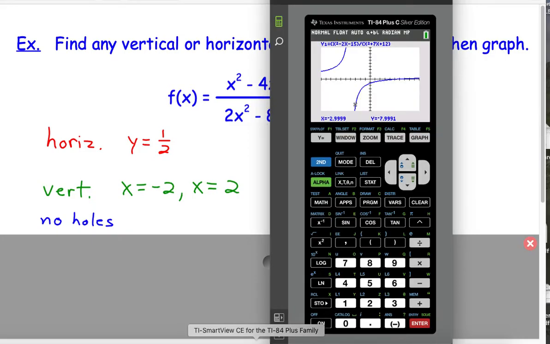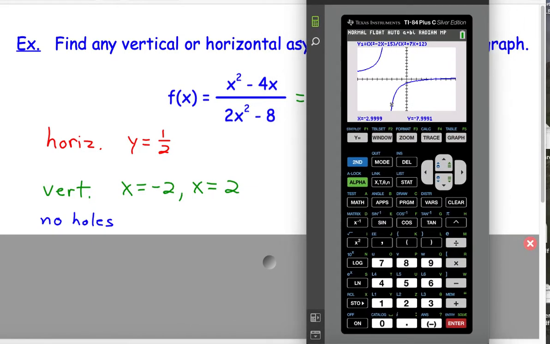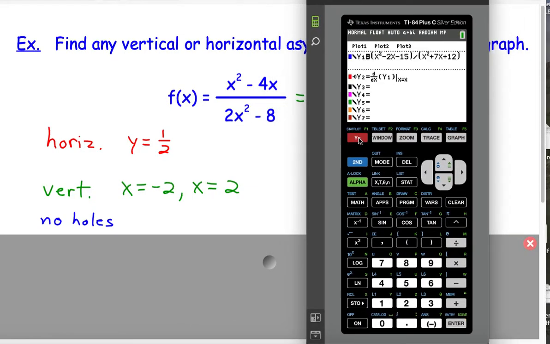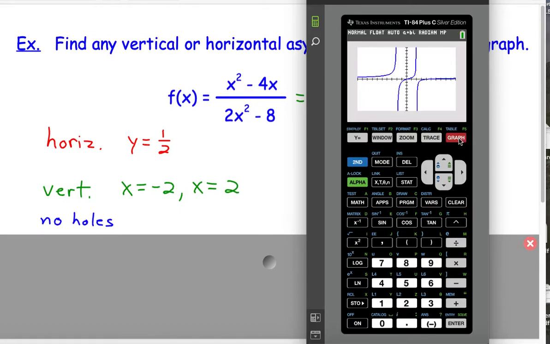So let's just call this up on the calculator and graph it. Although we could do a crude sketch by hand if we really needed to. x squared minus 4x divided by 2x squared minus 8. Make sure we typed it in there correctly, looks good, and graph. And sure enough,